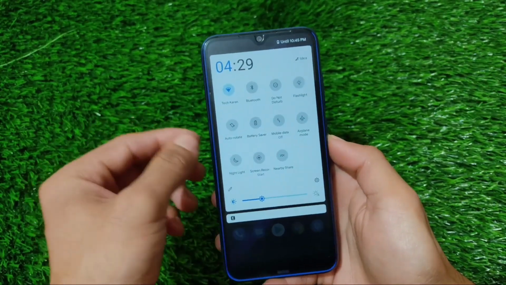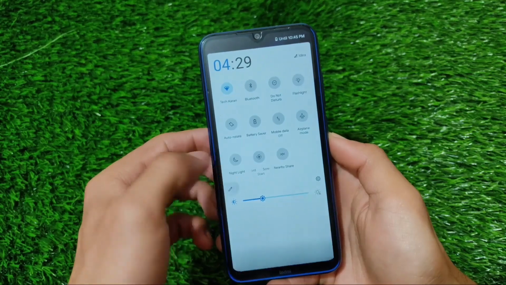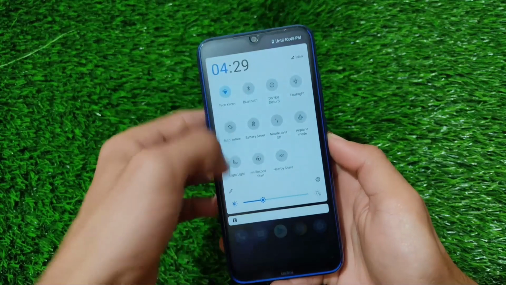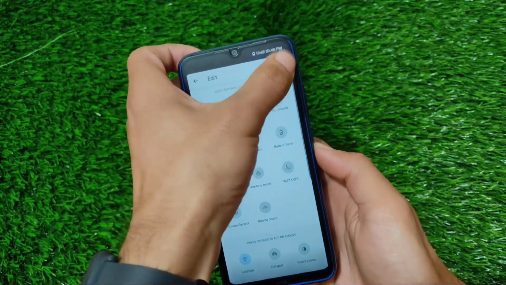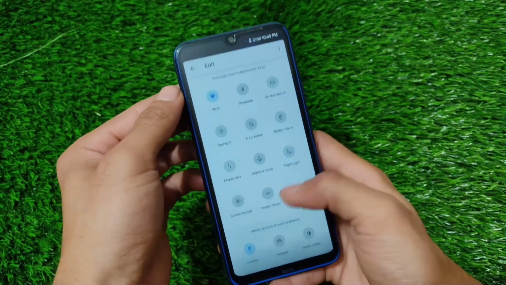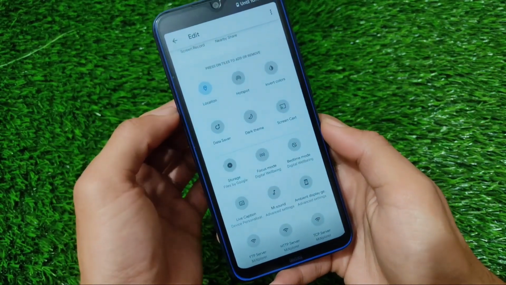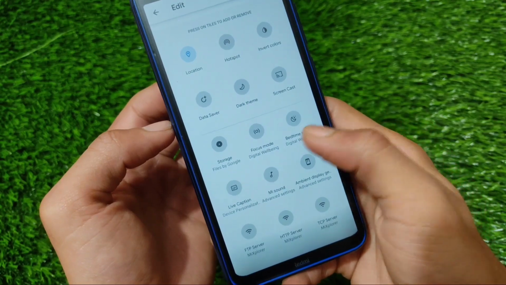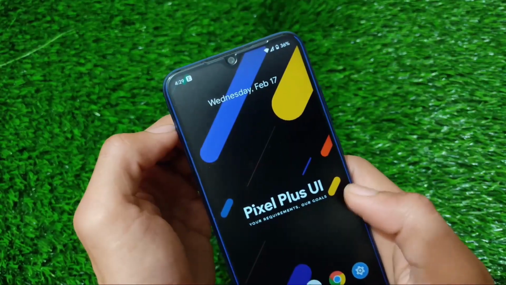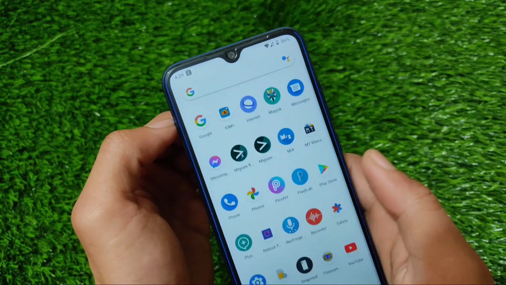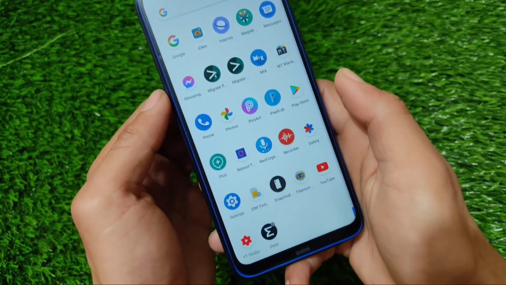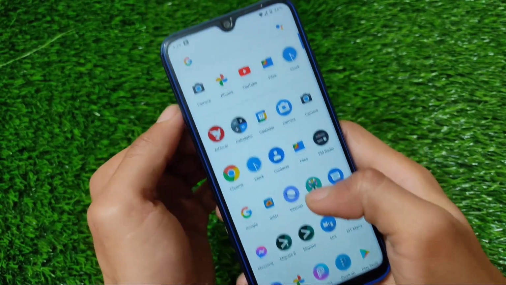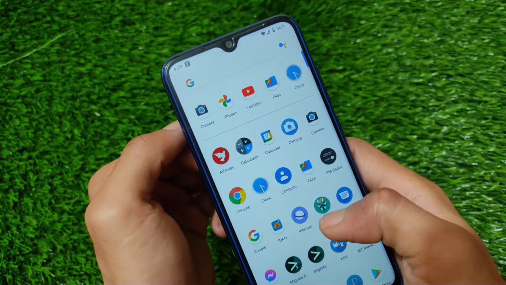The quick settings UI is good here. The quick settings clock is looking quite amazing. If you want to check whether it has the option of setting the quick setting tiles or rows, you can see there's no option of setting these rows or tiles, but other extra tiles are good here. Hotspot, location, etc. are available. It doesn't have the screenshot tile option available. I was looking for that, but unfortunately I didn't get that, but that's not a big deal. Of course you will get some missing features which you were expecting, but overall the ROM is quite good and smooth.